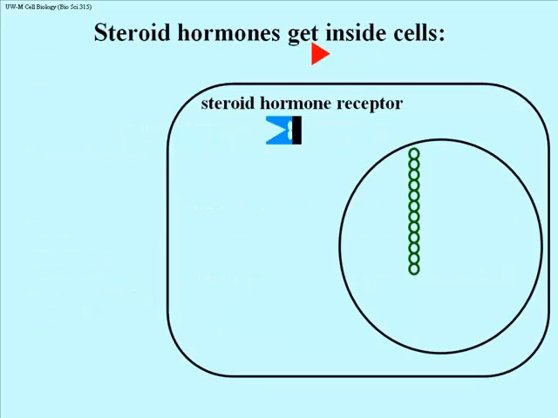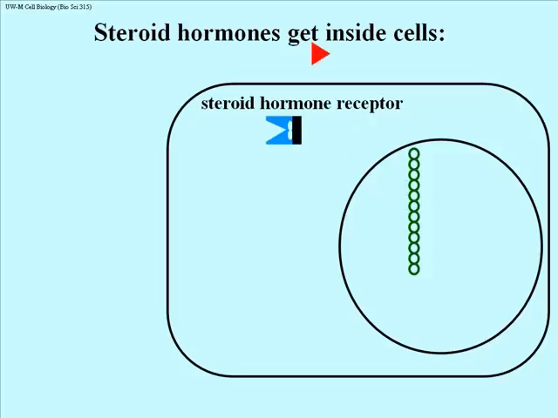So let's look at the direct action of some hormones, such as steroid hormones. Here we have a steroid hormone. Because it's a lipid, it gets inside the cell. Let's look at what happens again. Here it goes. It gets in the cell. It binds to a protein, a receptor, and we know that that receptor dissociates from another protein component. So it's actually a protein with two parts. One part, when it comes off, frees up the other part, now still attached to the steroid hormone, to cross the nuclear envelope, get into the cell, and bind to double helical DNA at DNA sequences specifically recognized by the hormone receptor complex. So the steroid hormone receptor sits there.